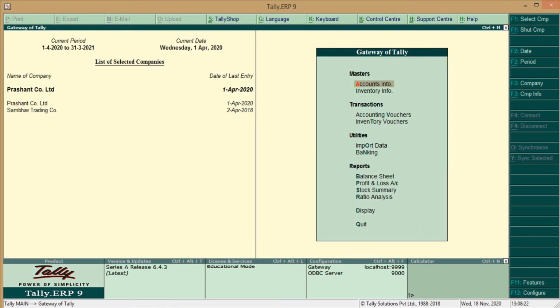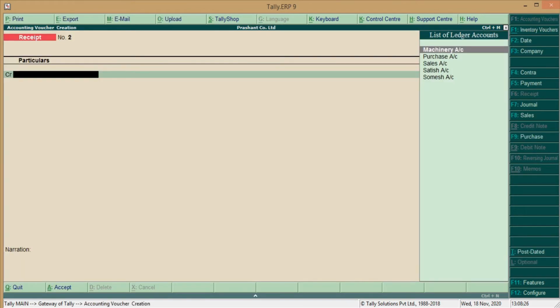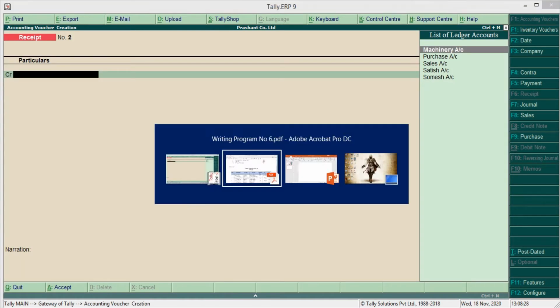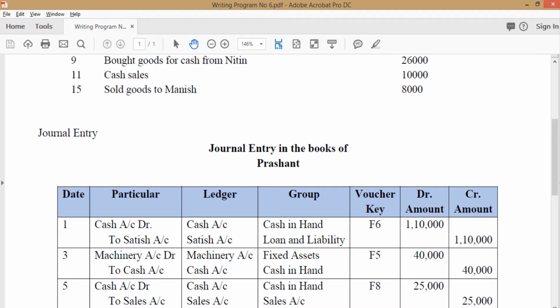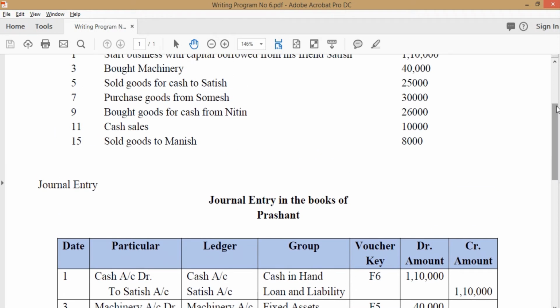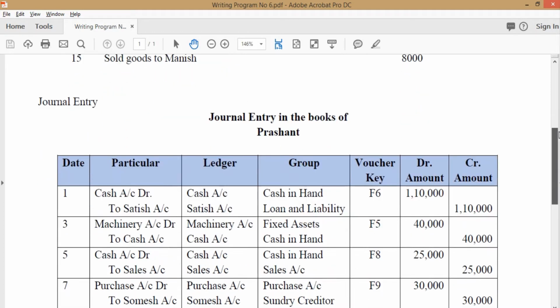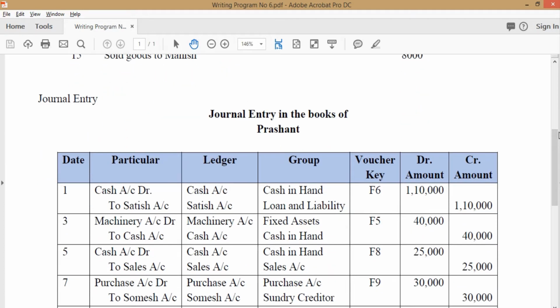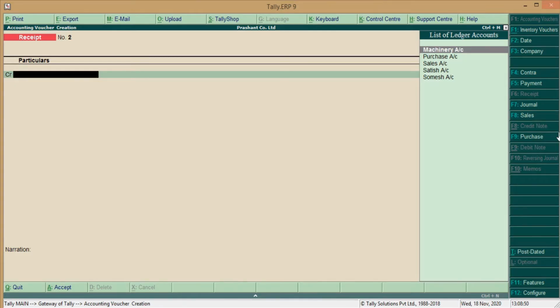Again go to the accounting vouchers. Now the second transaction for the example is bought machinery rupees 40,000. Here machinery is a fixed asset, and a fixed asset should be purchased. So machinery account debit to cash account. Machinery account should be created under the group fixed asset, and the key is F5. So press F5,